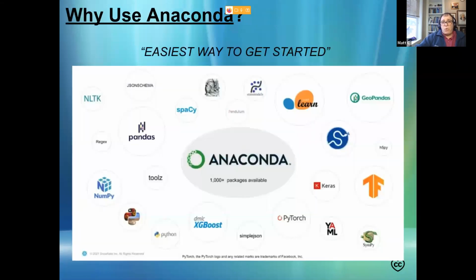So why do you want to use Anaconda? Well, it basically has a huge repository of programs that you can use and download when you want. It has over 1,000, I think it's now up to 1,500 packages that you can download and use and keep up to date with. And it'll keep you up to date by just doing some simple things. But if you want to get started quickly, I recommend Anaconda because